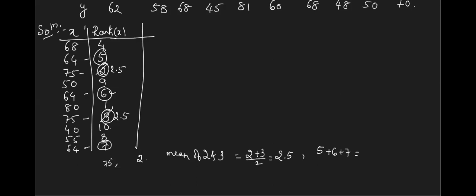So what you need to do is find the average of these 3. There are 3 numbers, so you should add them and divide by 3. What is the average of 5, 6, 7? Obviously 6. So the new rank for this 5 is 6. The new rank for 6 is 6 only. The new rank for 7 is again 6. Hope you got the part.